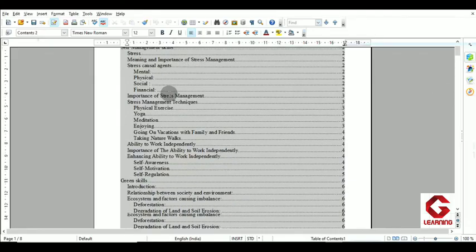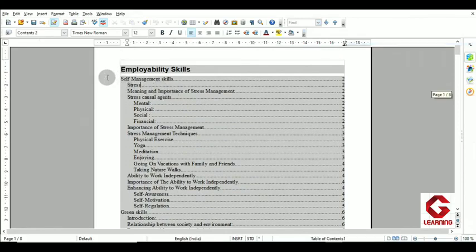As you can see right now this table of contents is in one column starting from the left hand side and ending in the right hand side. But if I want 2 columns in my table of contents, for that I have to use the columns tab option.